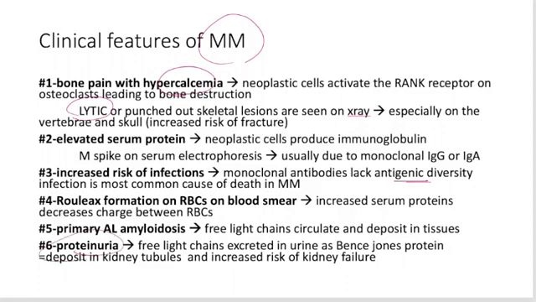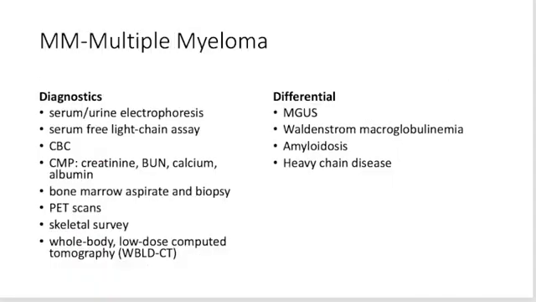Proteinuria is another big thing. Free light chains will be in the urine as Bence-Jones protein and deposit in the kidney tubules, with risk for kidney failure. That is one of the things that we also look for. So if there are any kidney issues, we usually pull a serum and a urine electrophoresis because we're looking for these indications of multiple myeloma. This is basically looking at your gamma globulins and seeing if there's that M spike.